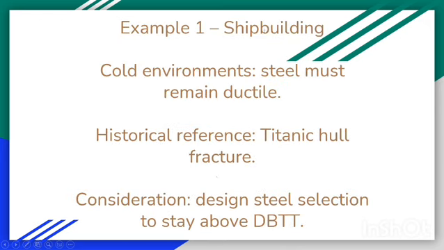First example, shipbuilding. Everyone knows about the Titanic. The Titanic failed because of this DBTT. Engineers at that time said the Titanic would never sink in the water, but due to the very low temperature in the surroundings, the Titanic's metals underwent DBTT, ductile to brittle transition, which caused the failure of the Titanic. So in shipbuilding, we need to